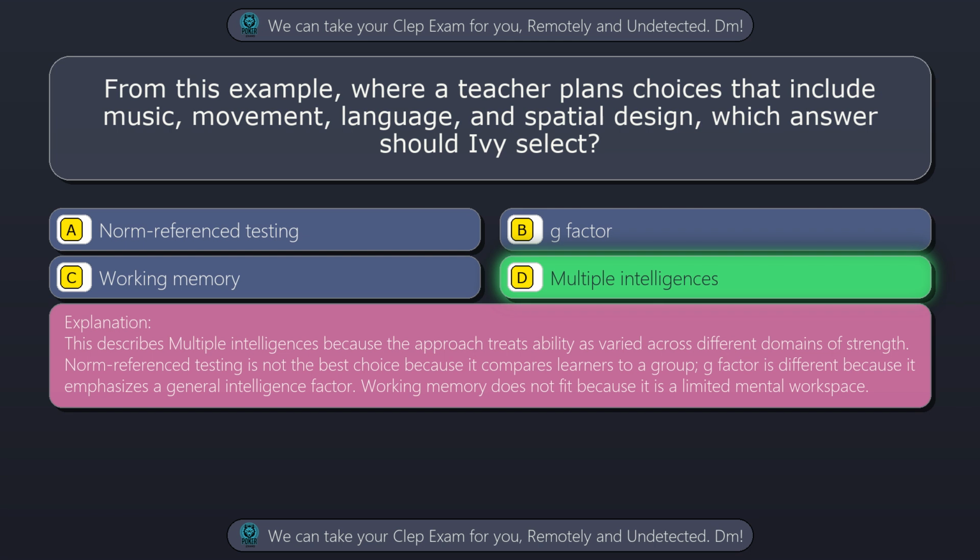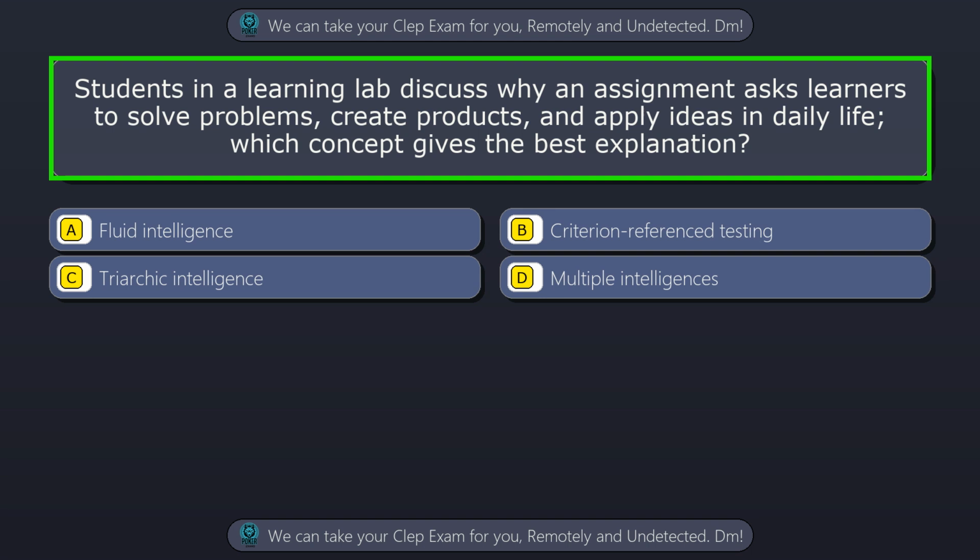Norm reference testing is not the best choice because it compares learners to a group. G-factor is different because it emphasizes a general intelligence factor. Working memory does not fit because it is a limited mental workspace. Question 25. Students in a learning lab discuss why an assignment asks learners to solve problems, create products, and apply